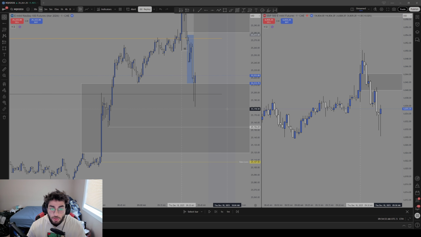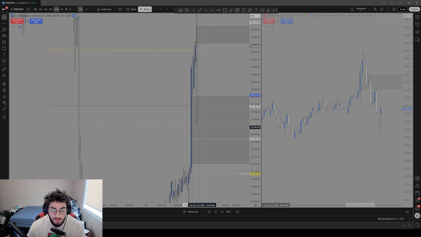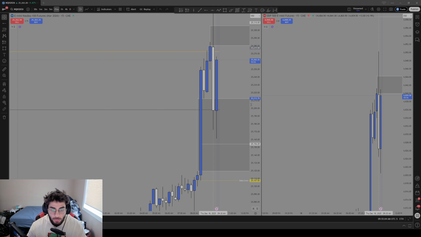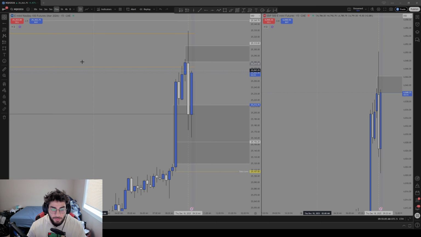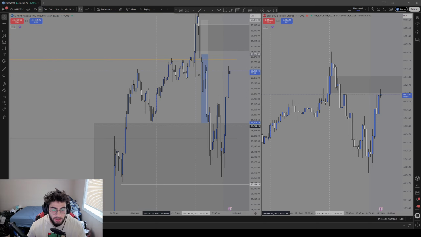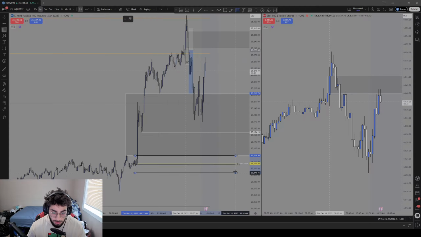There were a couple of lows that I was willing to target as well. So we had this low right here that was within a 15-minute fair value gap, as you can see. Let me just get out of bar replay. Don't really need to be in that anymore. We had that 15-minute fair value gap and a low within that. And we also had these lows right here. We also had the CE of this fair value gap. A lot of really good potential draws on liquidity / take profits, of course, with data lows all the way